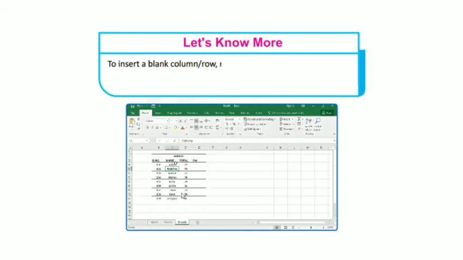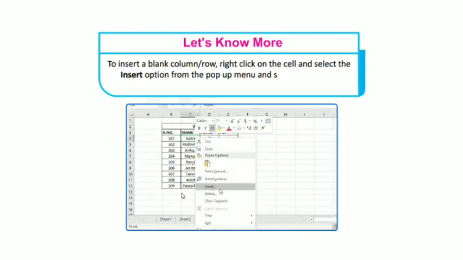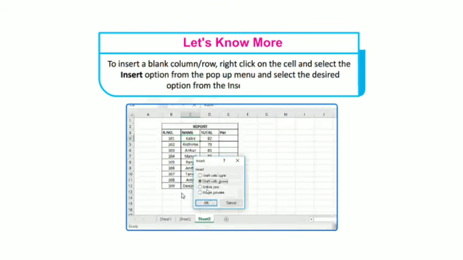To insert a blank column or row, there is also another method. Right click on the cells, select the Insert option from the pop-up menu, and select the desired option from the Insert dialog box.